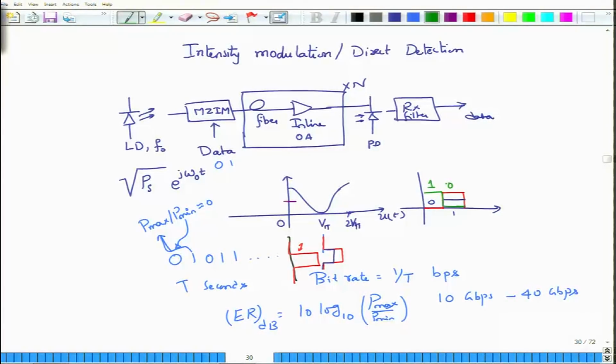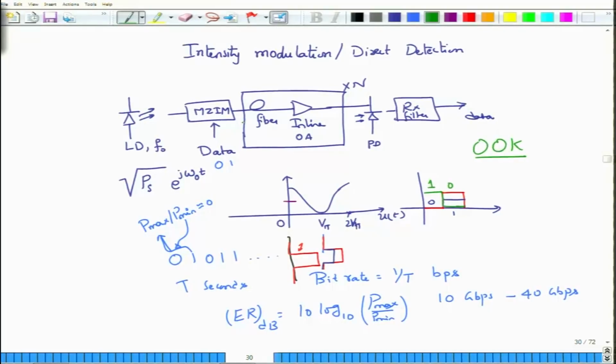I mean, this is after all some abstract connection that we are making at our end. So this is how you can generate what is called on-off keying. Why is it called on-off keying? Because either the laser output is on, which means it is transmitting some output power, or the transmitter is off, which means it is giving out 0 power. So this is exactly what we call on-off keying, a modulation scheme in which the input data happens to be binary, or a bit sequence.